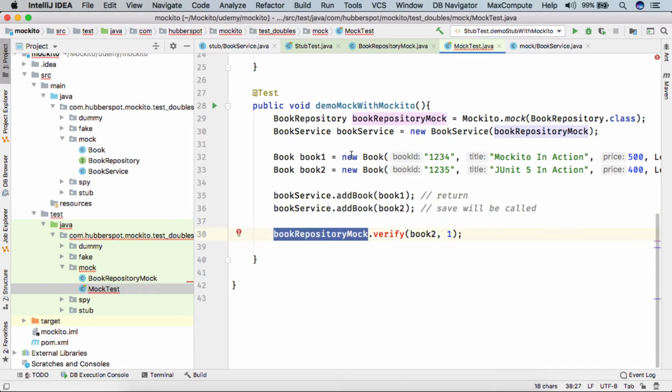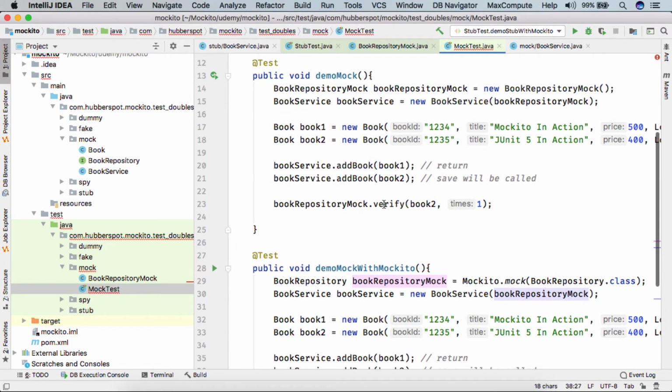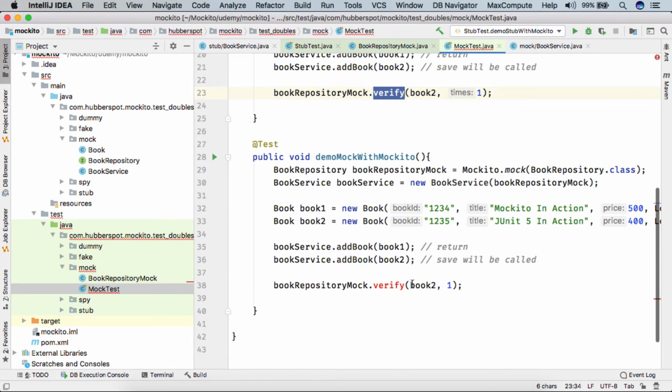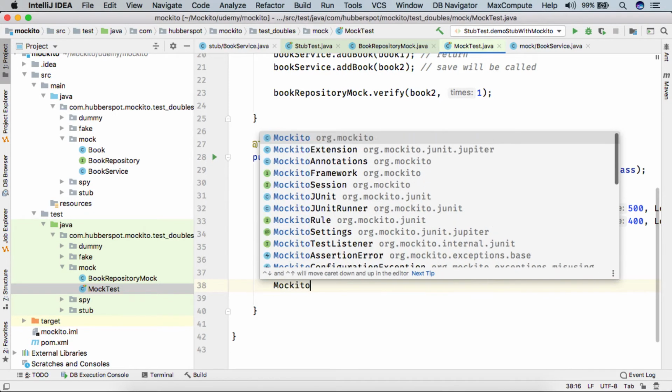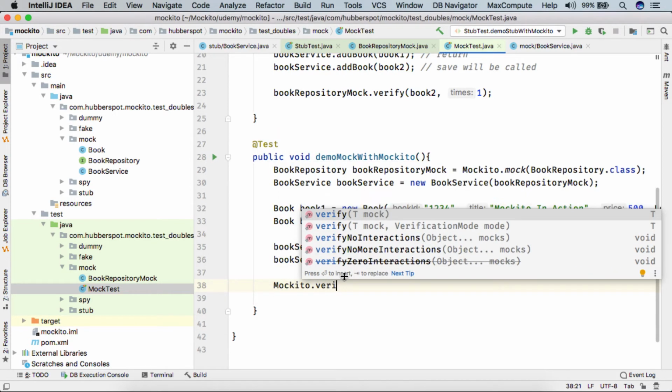Now here, as book repository mock was verifying the added book and the number of times the save was called, and as book repository has been created by Mockito, we need to tell this to Mockito. The way to tell Mockito for the behavior verification is that there is a method Mockito.verify where we provide the mock type.